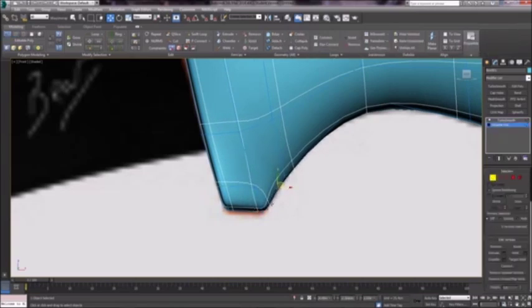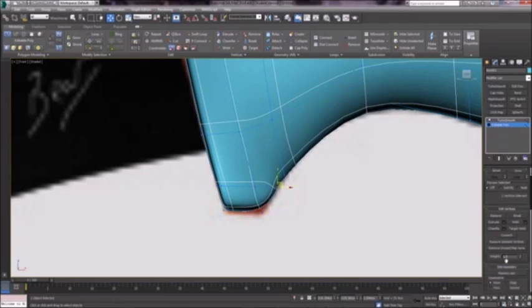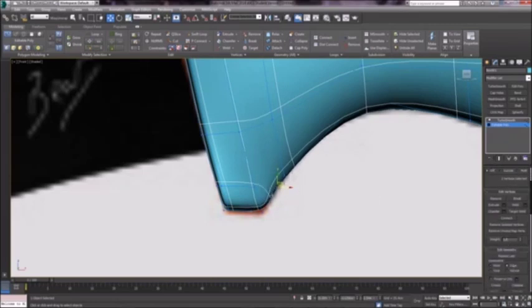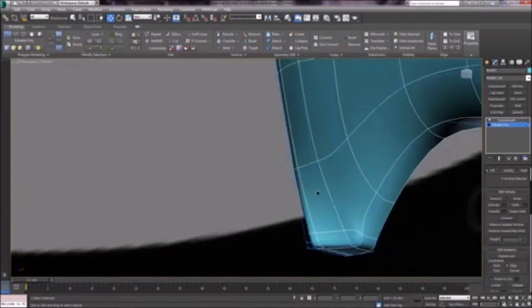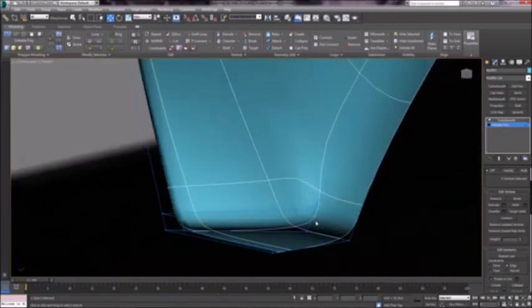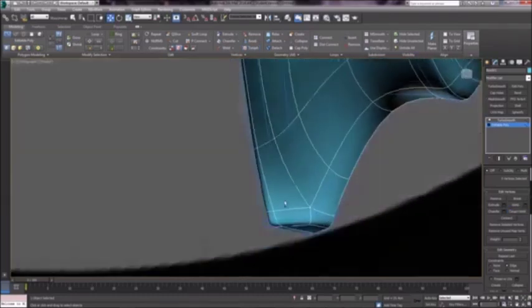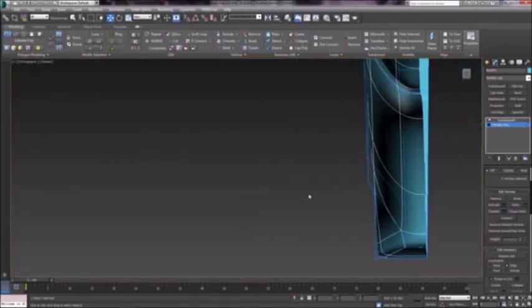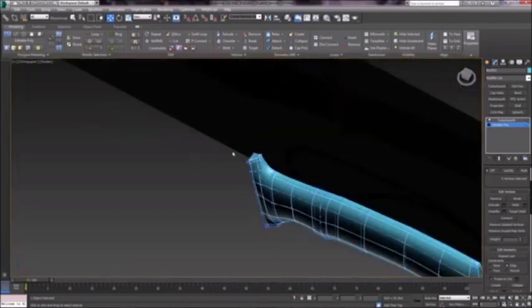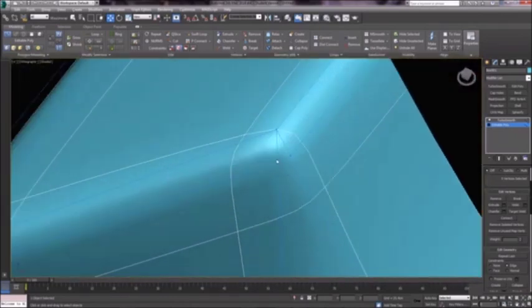And then just manually move them with edge constraint on. Let's see if we can connect these together to make the shape. Yes, we can. So if we just do the same up here, right click, go to target world, and